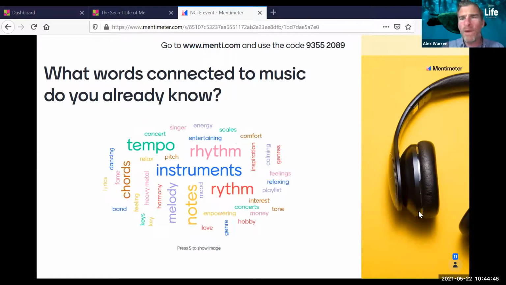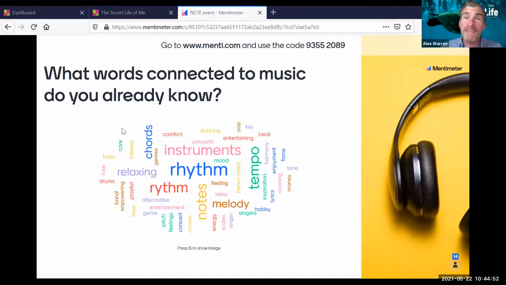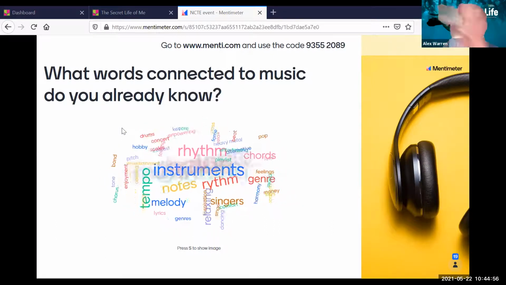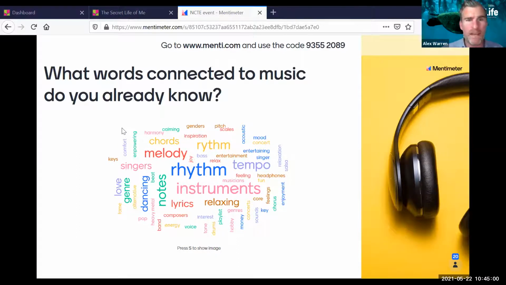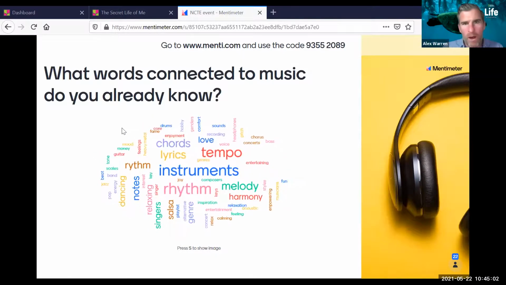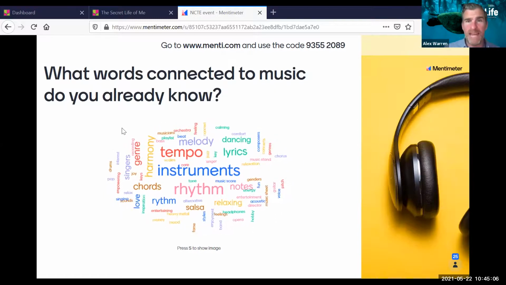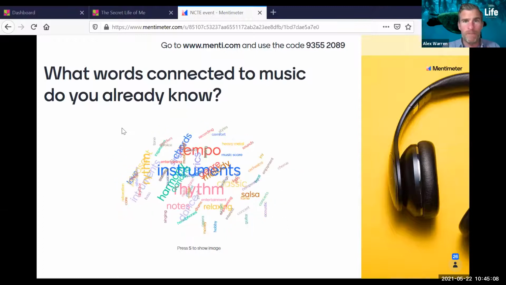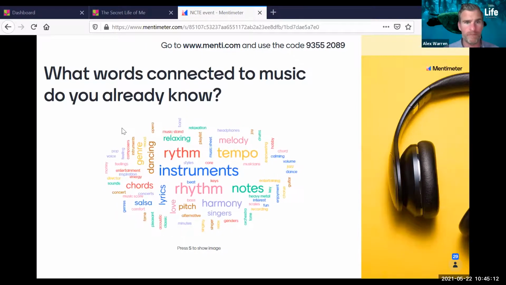So the point here is straight away, I know what you already know. And I could then use this as an opportunity for peer teaching. So I put my students into groups and get them to go through all of the words in the brainstorm, in the Mentimeter, and clarify and help each other to understand what these words mean. So it goes back to what we saw just now about working together, peer teaching, building trust, empathy, support.